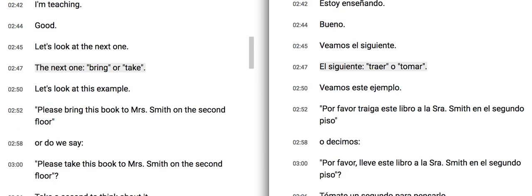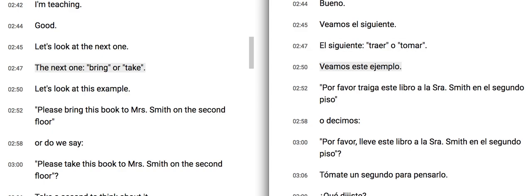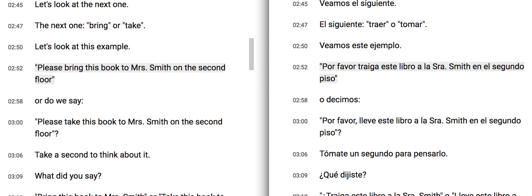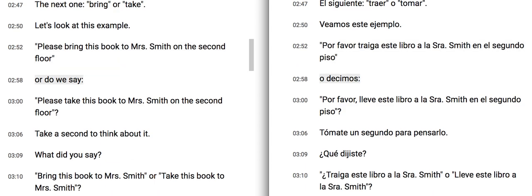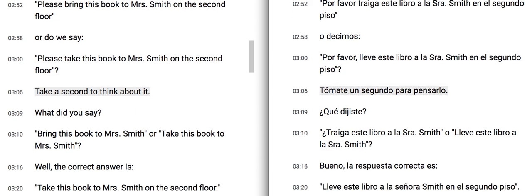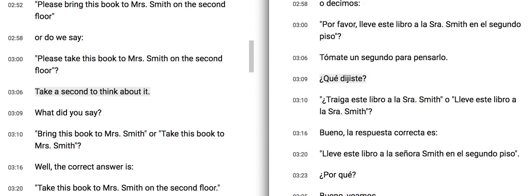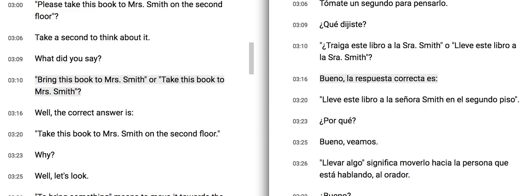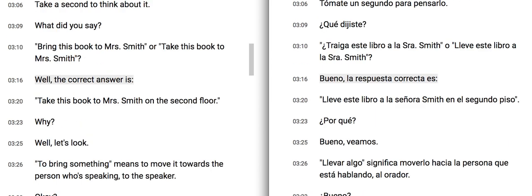The next one, bring or take. Let's look at this example. Please bring this book to Mrs. Smith on the second floor. Or do we say, please take this book to Mrs. Smith on the second floor? Take a second to think about it. What did you say? Bring this book to Mrs. Smith or take this book to Mrs. Smith? Well, the correct answer is